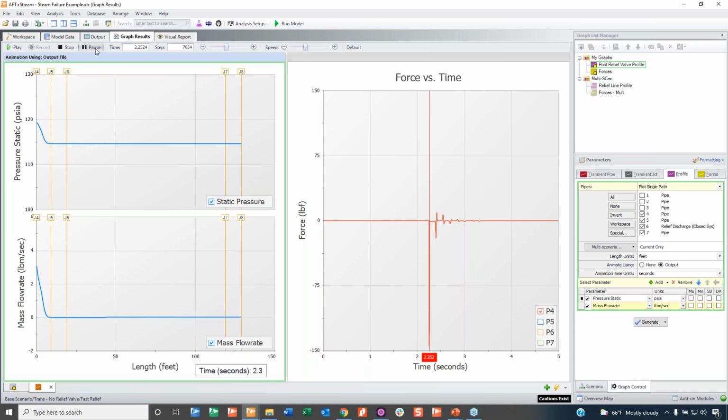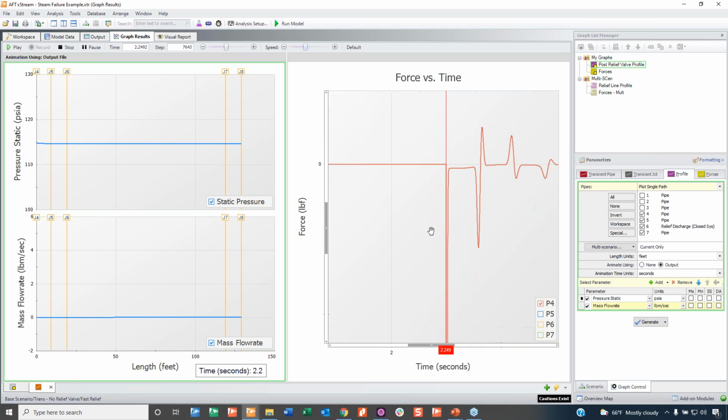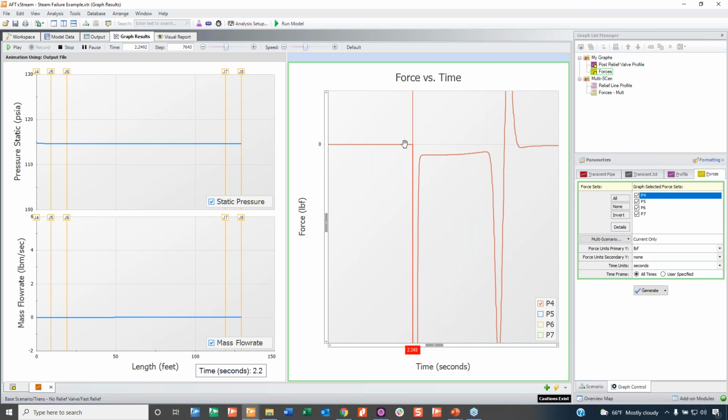So forces all come from, well, dynamic forces. This force imbalance comes from these transients and pressure differences inlet and outlet. So if we take it back a few time steps, right now you can't quite see, but it's about 0 force. If I go back even further, it's a little more obvious. There's no force. There's no net force on this pipe. That is because the pressure in and out are the same, and there's no flow, so there's no frictional effects to take into account. But when that pressure wave comes through,